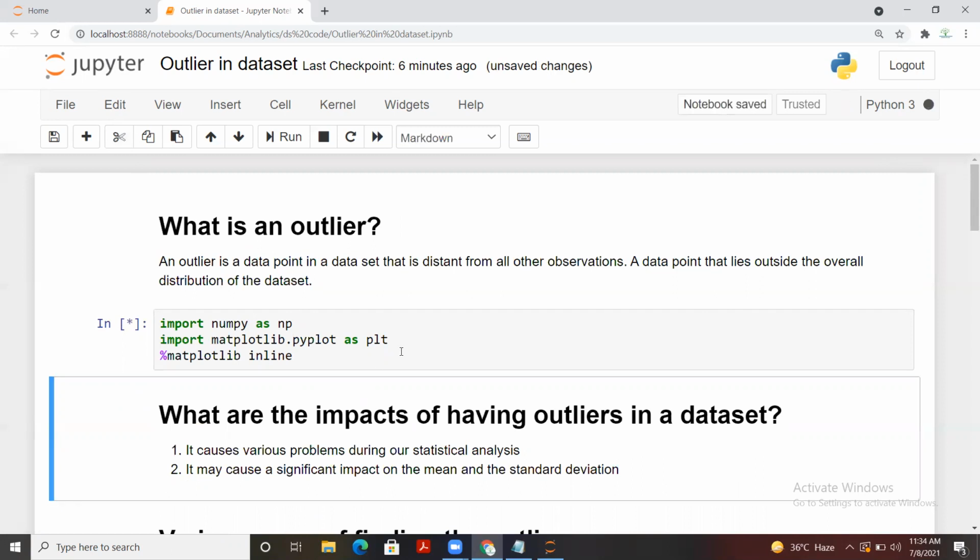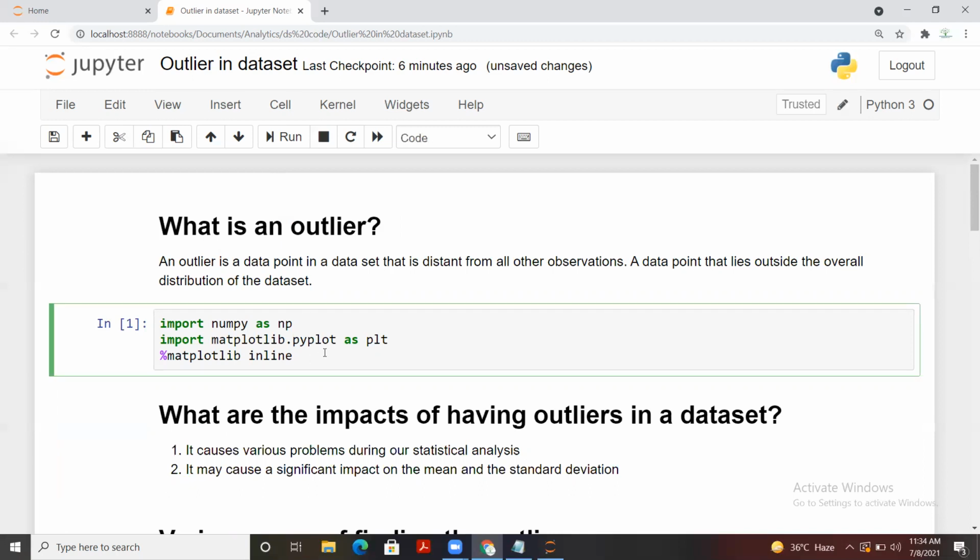Basically, if we have outliers in a data set while doing some analysis, we may get a lot of variation in the output during statistical analysis. For example, let's say we are analyzing the average salary of people in a company, with salaries starting from 10,000 to 50,000, and suddenly we add the CEO's salary as well.